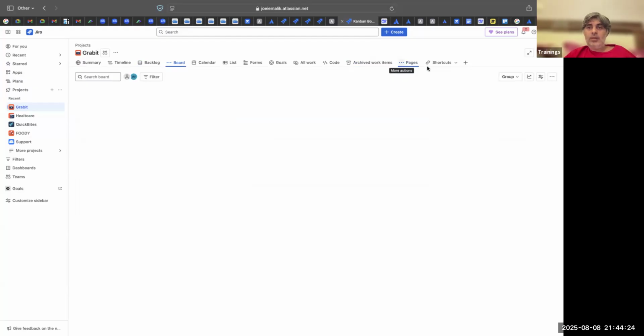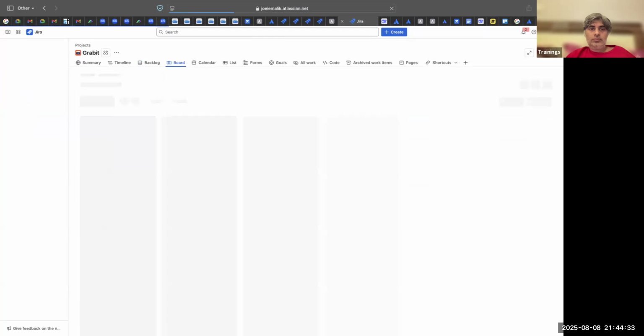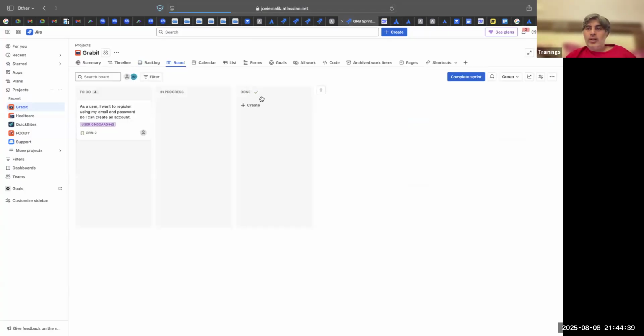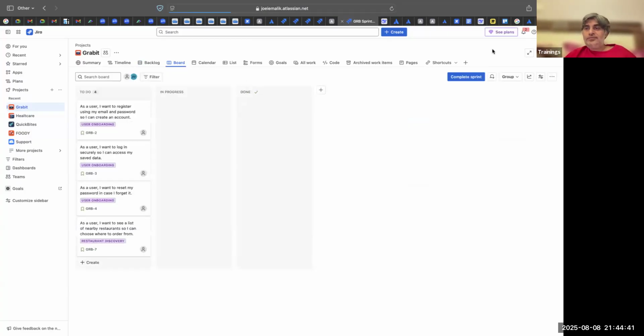Why is it getting empty? It should show to do. Oh. Yeah, now it is fine. No wonder Jira is... I don't think Jira actually has a good QA team. Anyways, that's a different discussion. Okay, so